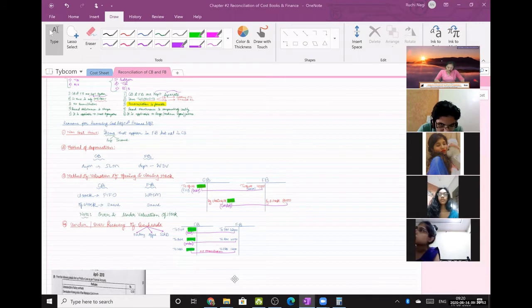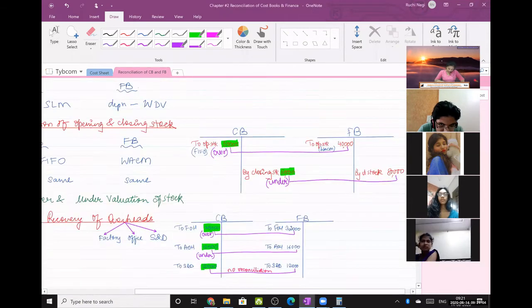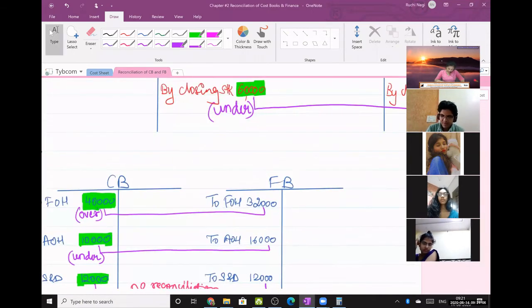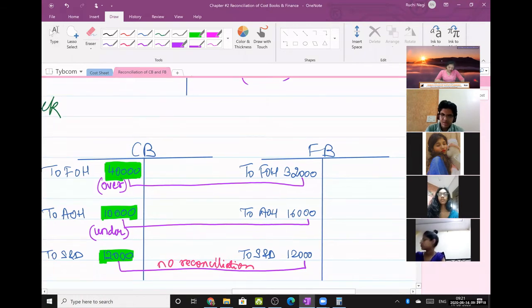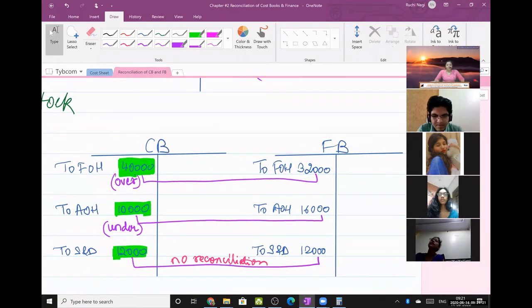Deenal, what have you written? It should be recovery, right? I mean, I didn't get it. What are you asking? Achha, you're talking here, what I have written. Why should I write here no recovery? No recovery means no reconciliation. Reconcile कुछ होगा ही नहीं. Okay, that is why I've written that word. No reconciliation. Understood? So no recovery करके ऐसा कुछ term ही नहीं होता है. It means not to be reconciled. Clear, Hinal?